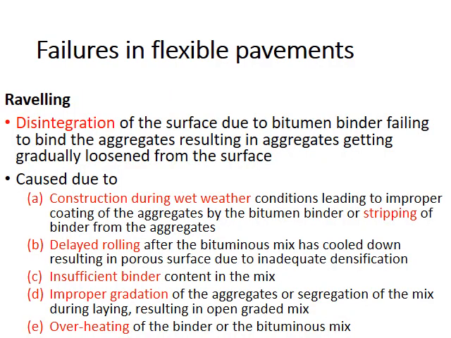Next type of failure of pavement is raveling. Raveling is the disintegration of the surface due to bitumen binder failing to bind the aggregates. This is somewhat similar to the pothole formation. This is caused due to